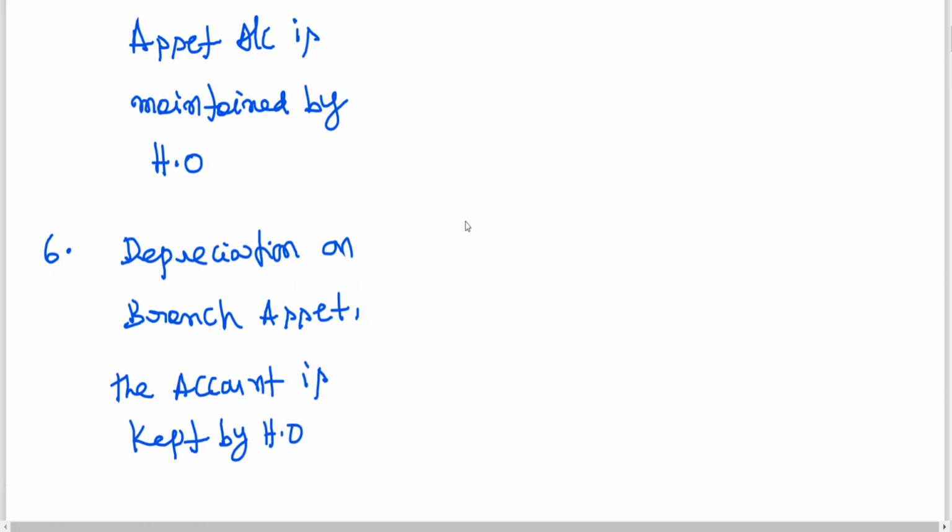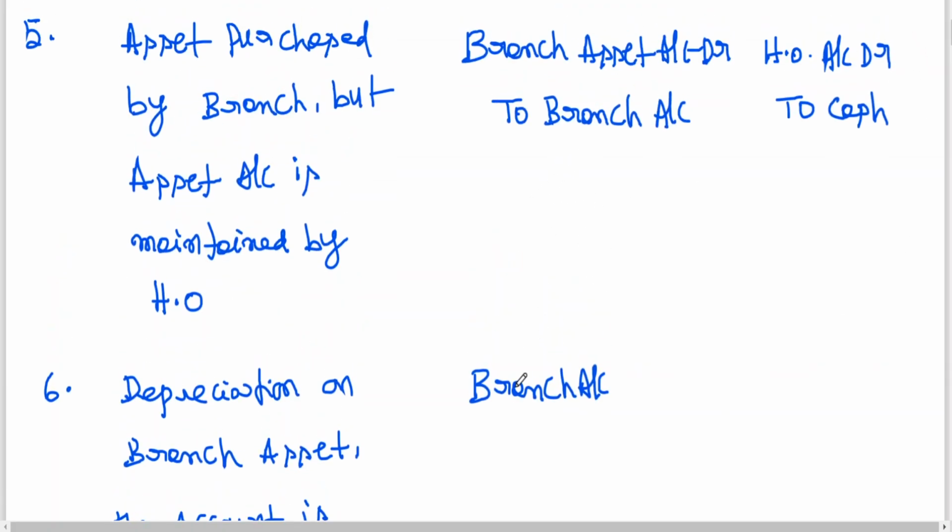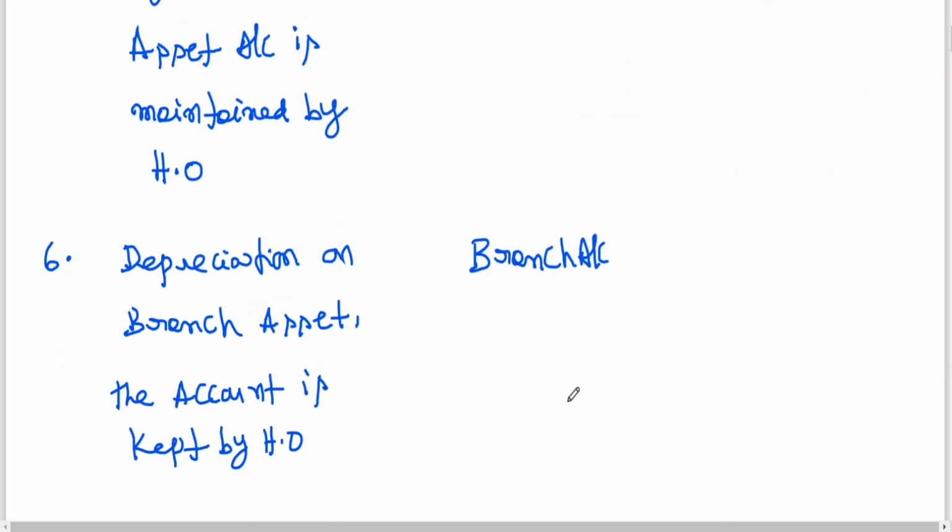The entry will be, they will be debiting branch, because they have earlier created branch, no? Buying the asset, they debited branch account. Now